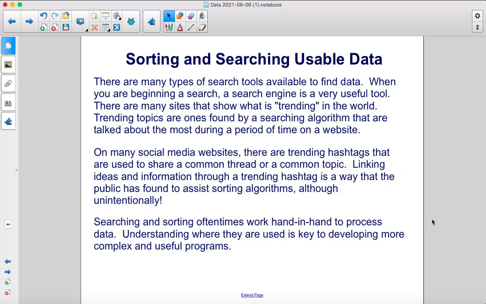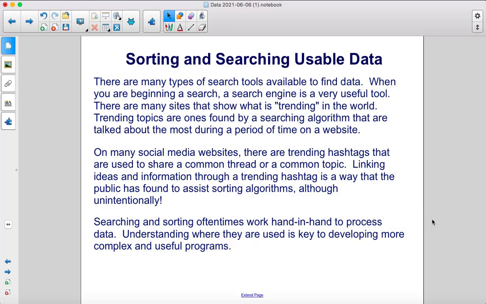There are many types of search tools available to find data. When you're beginning, a search engine is a very useful tool. There are many sites that show what is trending in the world. Trending topics are ones found by a searching algorithm that are talked about the most during a period of time